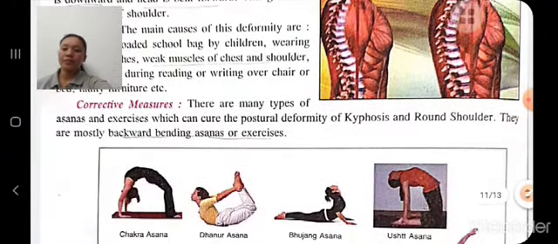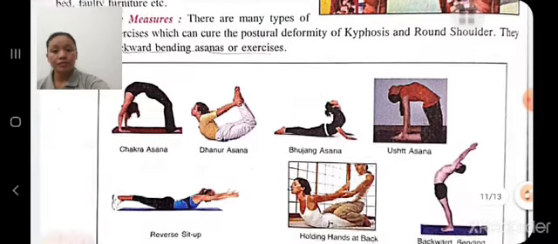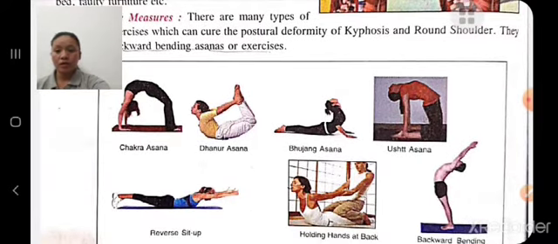Corrective measures. There are many corrective asanas and exercises for kyphosis and round shoulders. In kyphosis and round shoulders, your upper portion bends forward, so you have to do backward bending asanas or exercises like this,